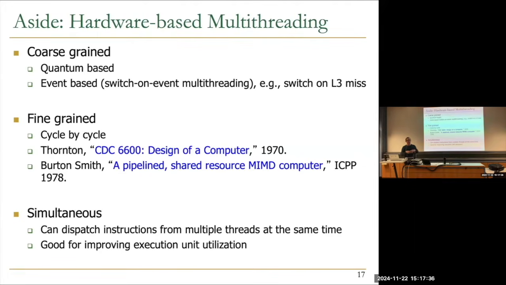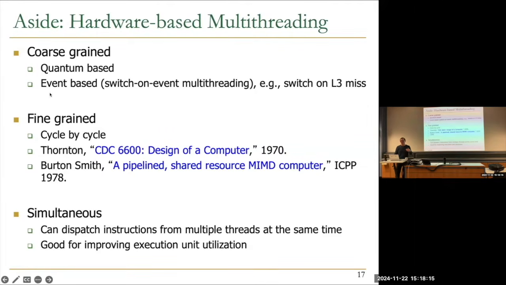Large time quantums and coarse-grained events don't require multiple hardware contexts in the same processor, right? But if you start switching on an L3 miss, for example, now it takes a lot of time to change the context, because that requires an operating system call. The operating system needs to remove the existing thread, write its context to somewhere in memory, and then bring in some other thread, read its context from memory, and put it into the hardware structures executing, right? Including the register files, program counter, address translation, basic structures, etc.